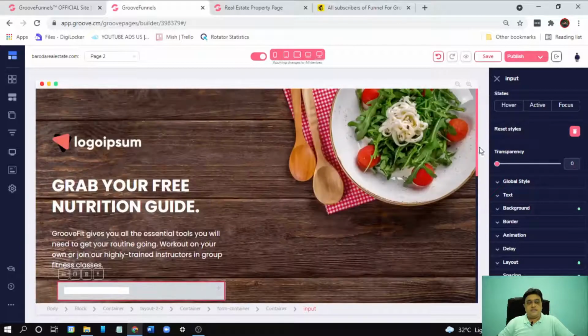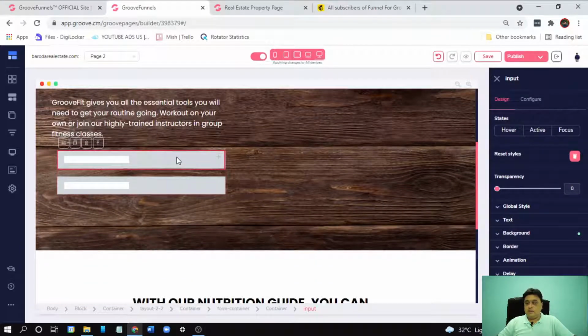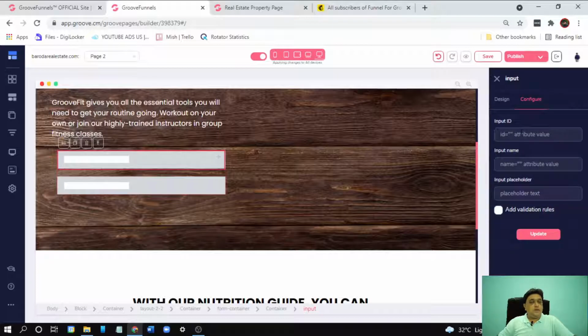Now let's give a name to this container. Click on the container, go to the right side of the dashboard, click on configure, and give an input ID name. We have to collect the first name in this container, so write the name fname. Then the placeholder name: here, first name, it will show in our placeholder.